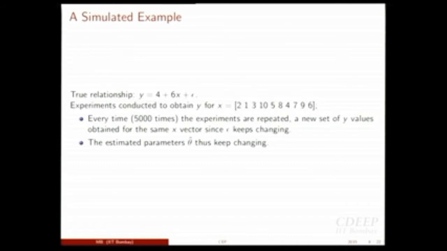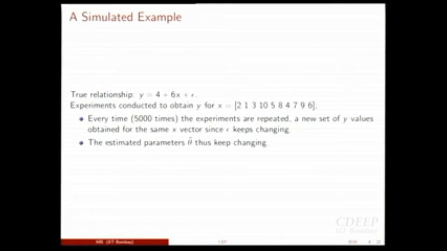Okay, so I perform this experiment once. For me, one data set means I have performed the experiment once, which means I have generated 10 values of y corresponding to these 10 values of x. And how are they generated? Generated by this model. And what happens when I generate using this model? This epsilon keeps on changing, because that's a random variable. Every time I repeat the experiment.